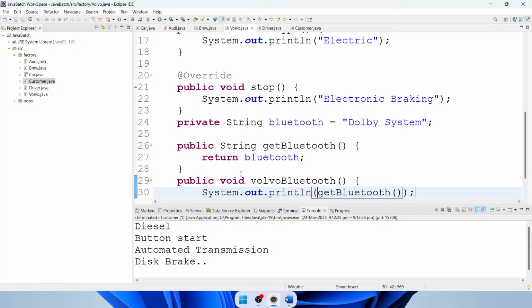Up to now everyone clear, guys? Anyone having doubts up to now? Yeah. Now,